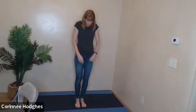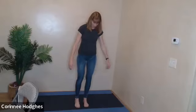And then slowly coming up, turn the left foot in, walk the feet together, and shake them out. Very good. All right. So standing in mountain pose